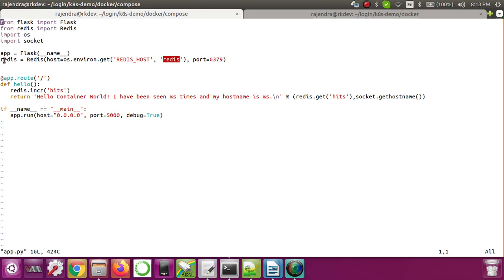We created this object, and this is my web application. I'm creating a simple server which is running on 5000. Debug is true, and when we hit any request for this application, it increments a number. In the statement we are printing, hello container world, I have been seen %s times. That means it is printing how many times this web application got accessed, or how many requests it received.